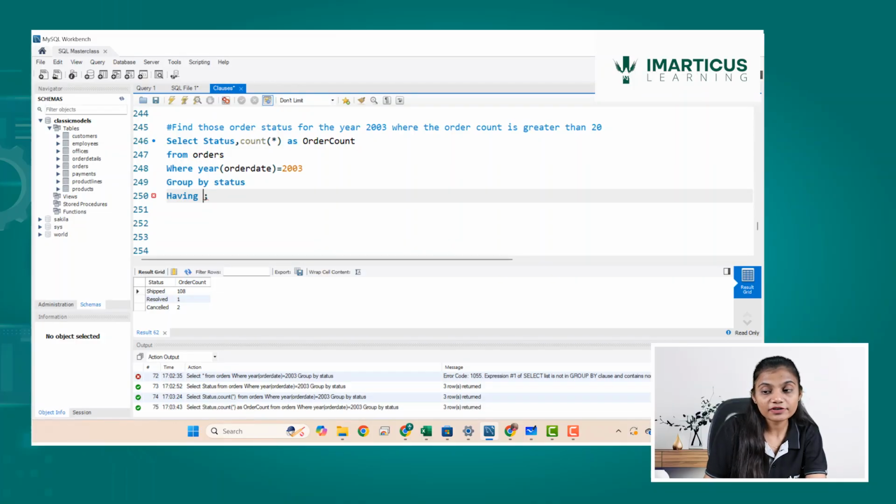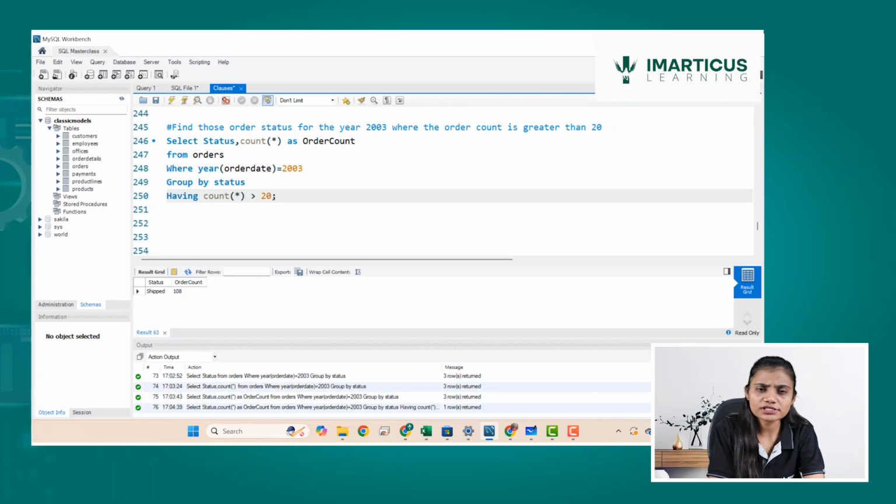Here I will be filtering on the basis of that count star is greater than 20. This is showing me the order status which has order count greater than 20 in the year 2003.